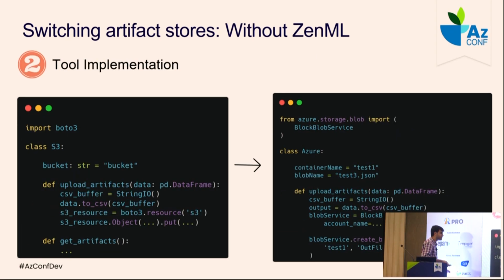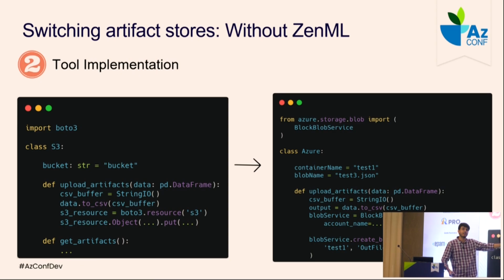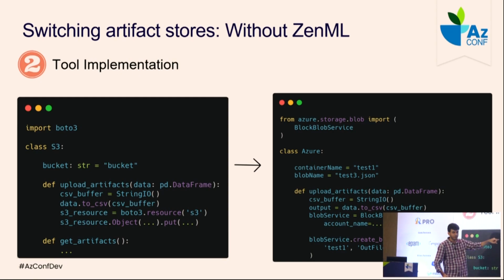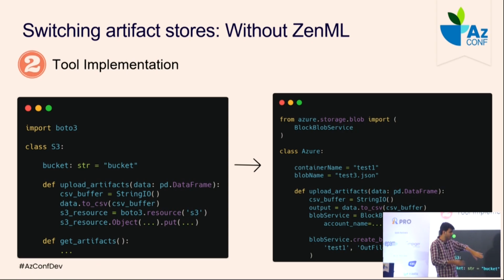But the other thing is I also have to change the class. So this is the class definition. The first time, I have an S3 class and I use the Boto3 library. I just use my URL, all that stuff here. When I'm moving to Azure, I'll have to create a new class. I'll have to figure out what tools to use. I can't use Boto anymore, but maybe Azure has some Python API. Then I'll research that and find the API for it. I'll see what connection details and authentication I have to use, define a new class on top of it, and then I'm done, right?